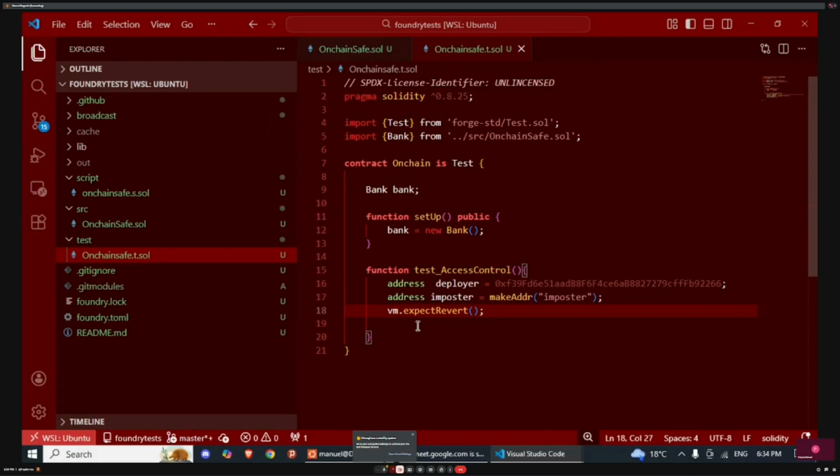So if I had 3 state variables declared from top to bottom and they can fit in 32 bytes, they would all be fitted in this 32 byte slot. If I had more state variables, they are arranged in the order of their declaration. So if these can fit here, they would be put here. If this can cover 3/4 of this space, it would be put here. If this other state variable can also fit in the remaining space, because they are stored from right to left,